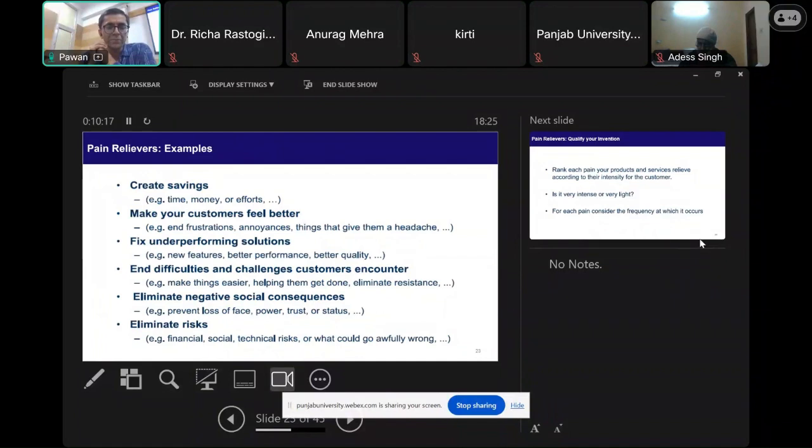Last, it could be eliminating risk, right? For example, UPI, Paytm. Now, what does it do? It is eliminating a risk. So you made payment to somebody. Now we prefer to make it on UPI than on cash. Why? Because you have a proof of payment. In case in future the person says I have not received money, you could always show that I've transferred money. So it is eliminating the risk of some fraud which might happen with you. Understood? So these are some ways in which your product could relieve a pain.